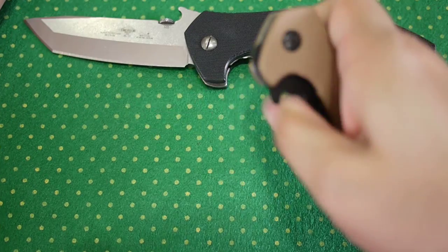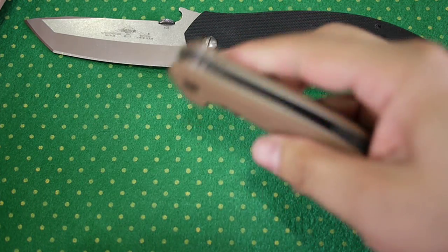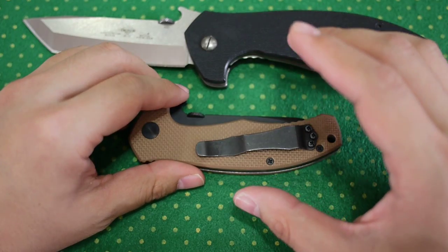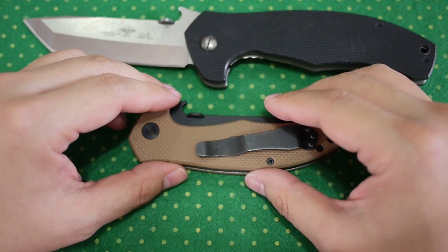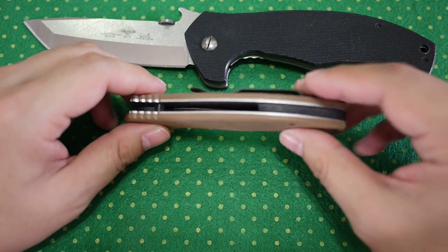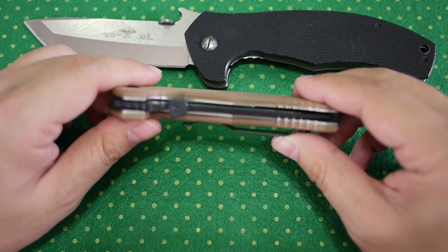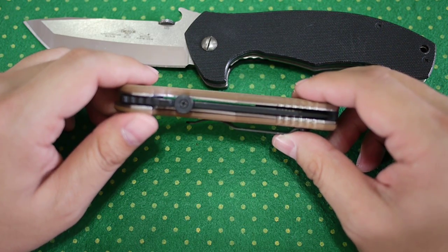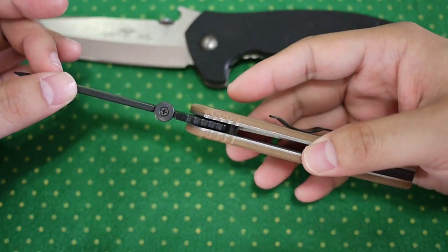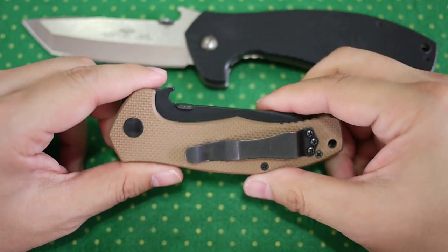Fit and finish, to be honest, if you close your eyes and hold it, touch it, play with it, open it, close it, move it around, the fit and finish is A plus. If you are picky like me, and you have handled many custom knives, you will see that there can be improvements done visually, of course, on some of the parts, but there's no need for change for any type of mechanism or mechanical designs. Everything is perfect on this knife and works fine, and that's the most important thing about a